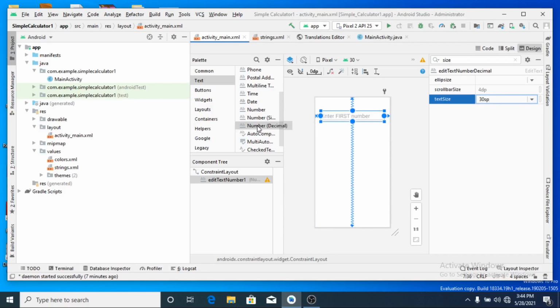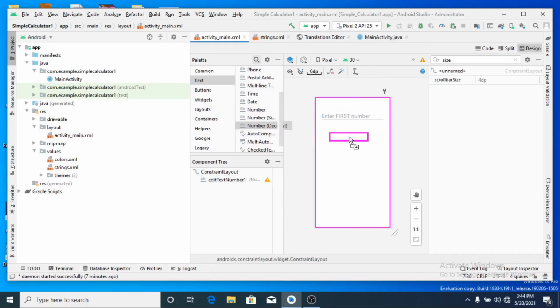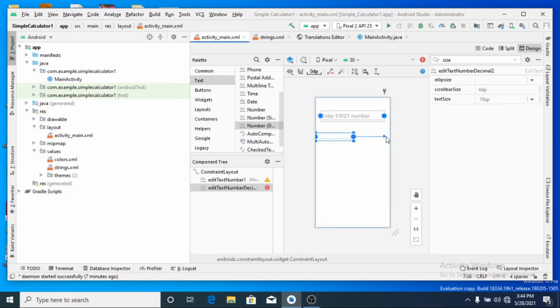Now let me bring another. Okay, and then I just constrain it, and this second text box I constrain with the first, so that the distance between the first number and second number is fixed at around 60 dp.